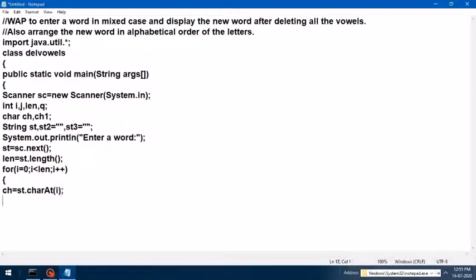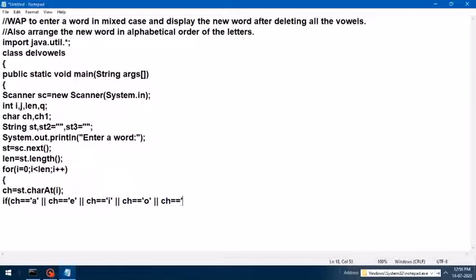Now we are going to check this character if it is an uppercase vowel or a lowercase vowel. I am writing it here. Look carefully. If ch double equals small a or ch double equals small e, i, then o, or ch double equals u.